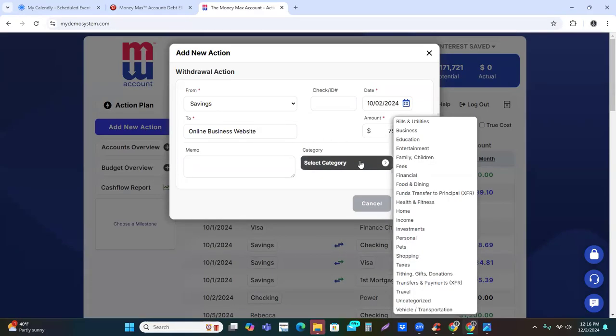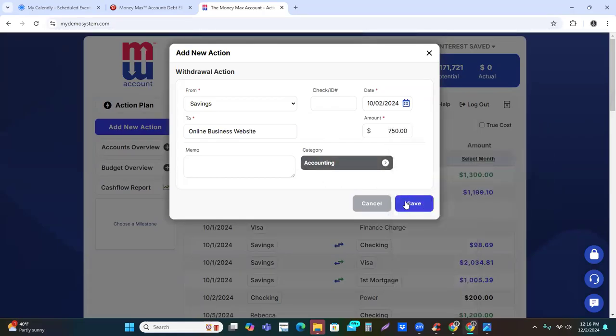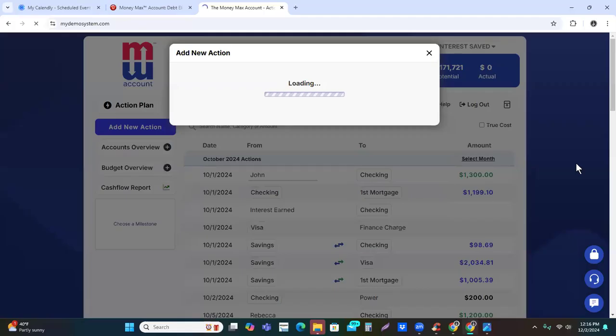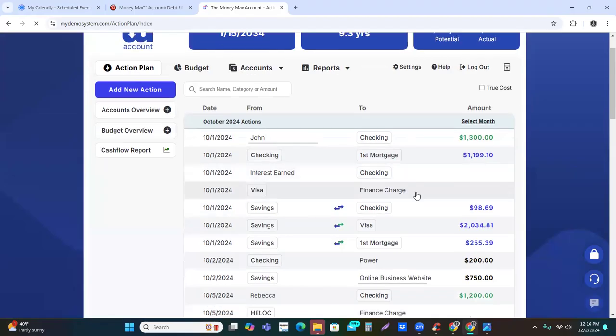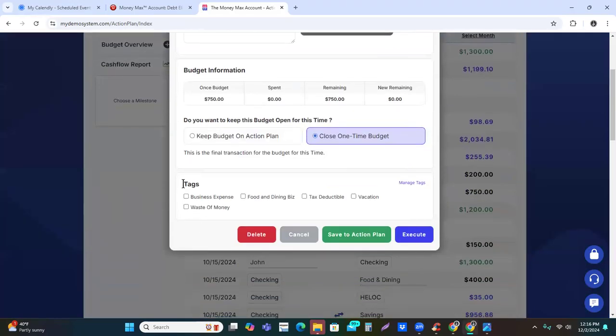Well, now when we go to financial and accounting right here, let's just say we set it up that way and we save this. When we go to execute this stuff, you guys, you can see that down here, all of our tags. So if we have a business expense or whatever it might be, you can do multiples. Why is this valuable? Because when you tag and you organize your data accordingly,